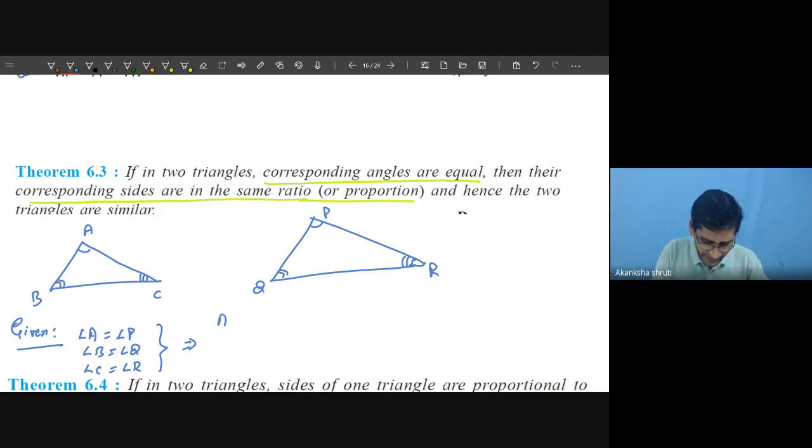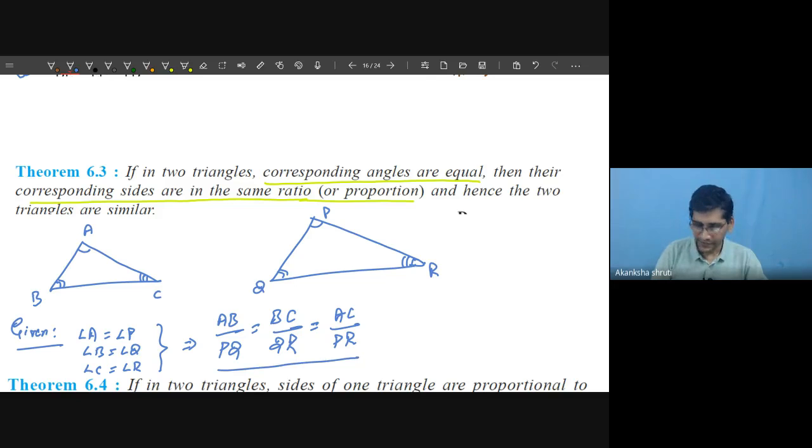So AB divided by PQ equals BC divided by QR equals AC divided by PR. It is this one. If the angles are equal, this will happen, and we can write the triangle ABC is similar to triangle